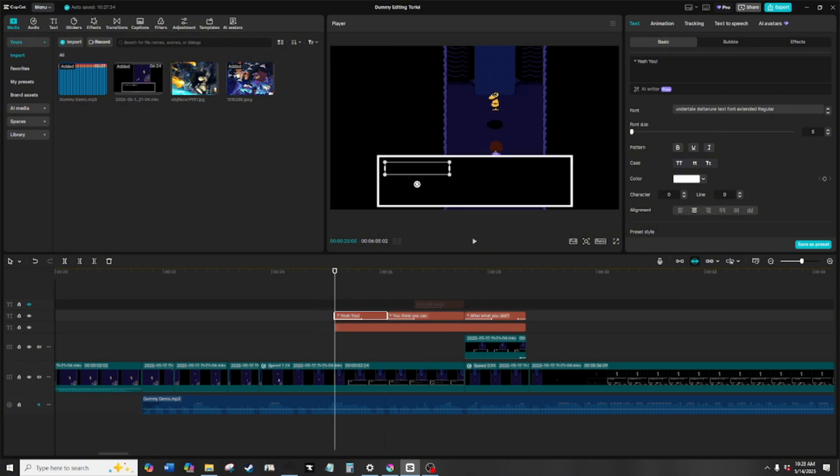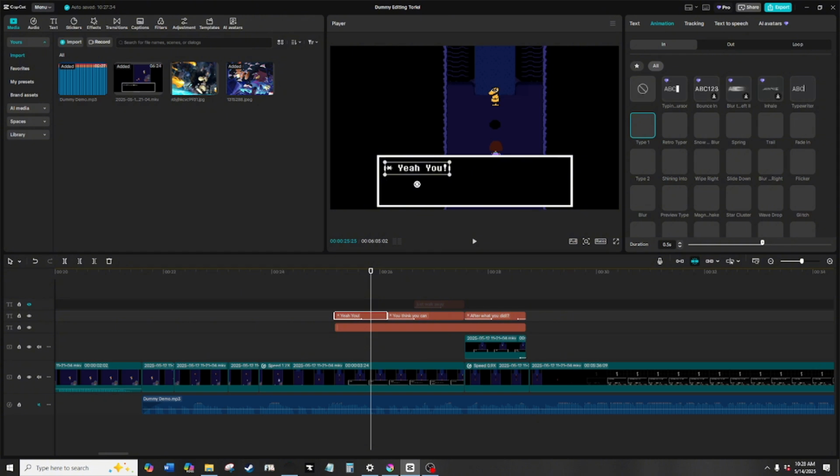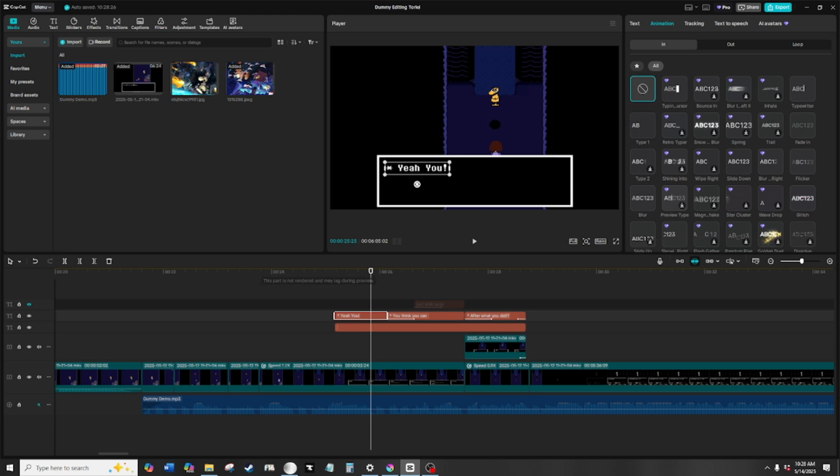But you want it to kind of move the same as the other font, where it kind of goes out, and it looks like it's not just being, it just shows up. So basically what I do is, through CapCut, you choose the animation that goes in, and you choose type 1, because without type 1, it just looks like this. It just pops in, which doesn't make any sense. So yeah, and then you do that for this,